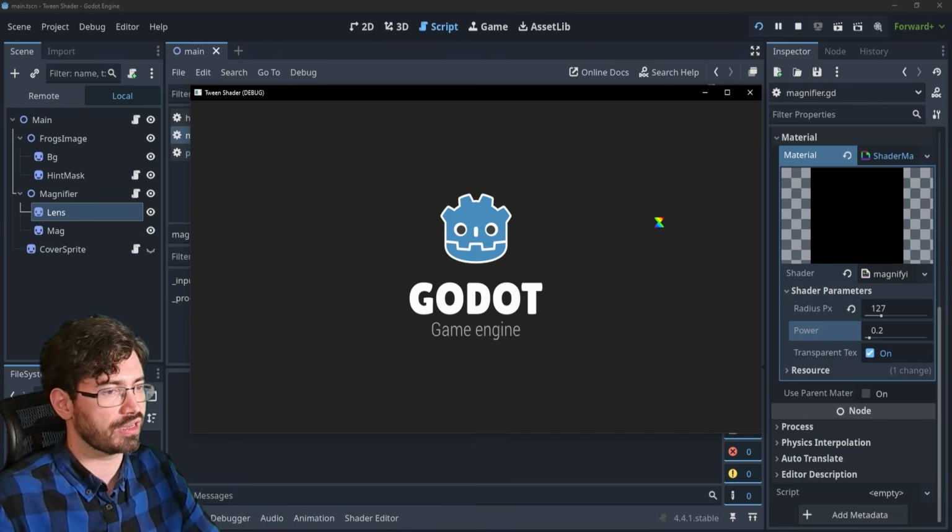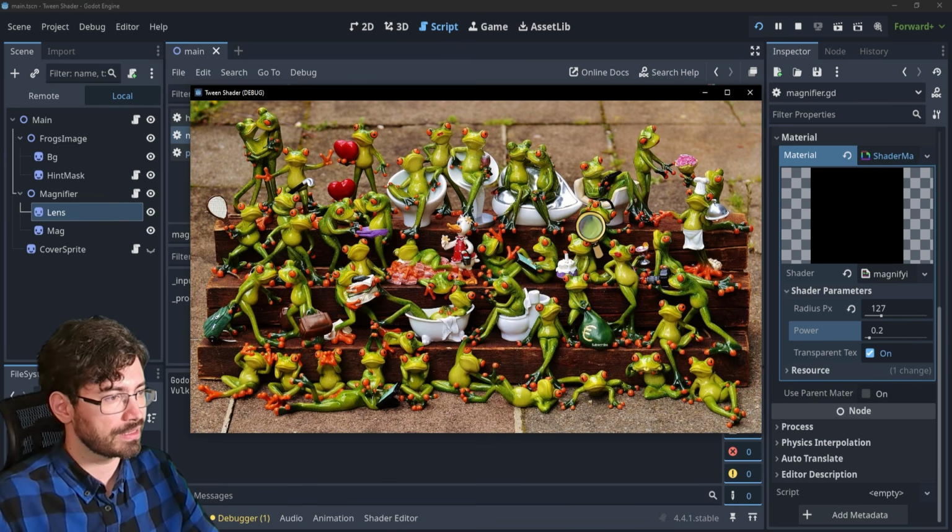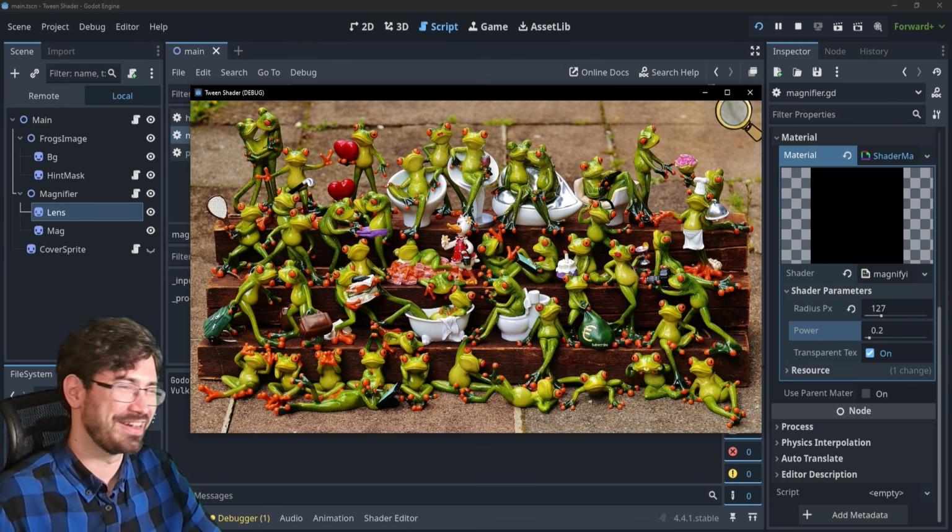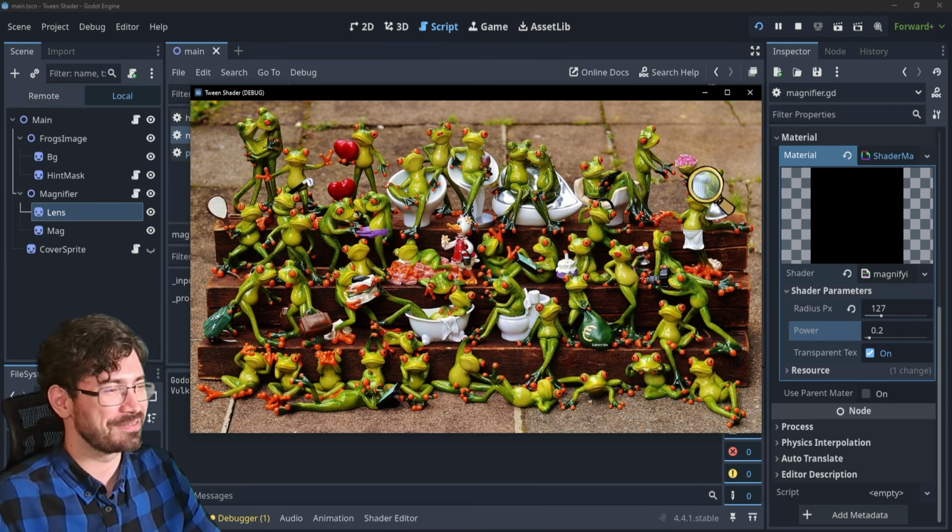If I now press F5, you'll see that if I click, the distortion is happening. You see that this eye is getting much, much bigger, and we can finally see that there is some romance between this right frog and this left frog because of this very, very obvious bouquet of flowers. Okay, I don't know what I'm doing. But anyway,